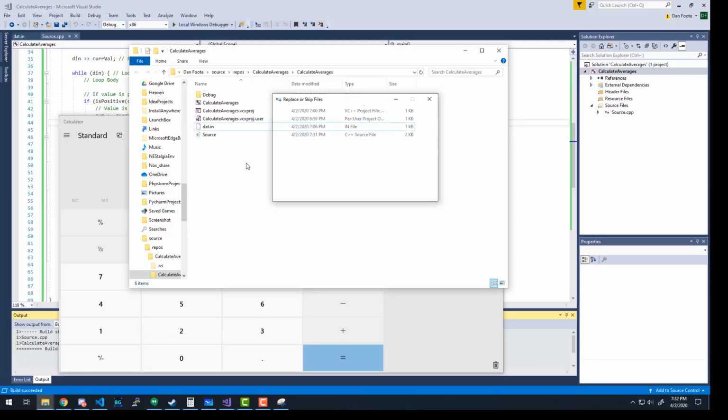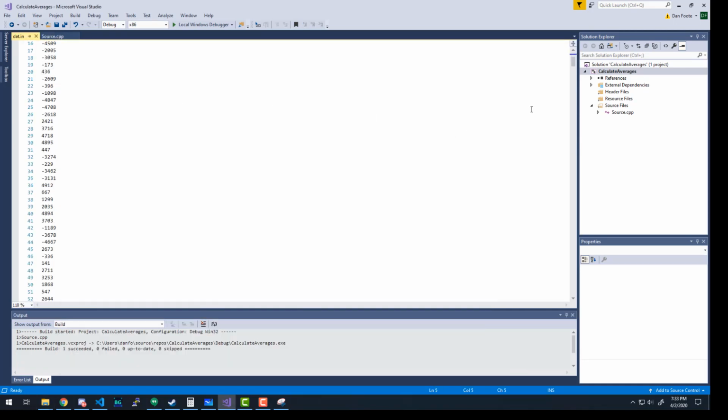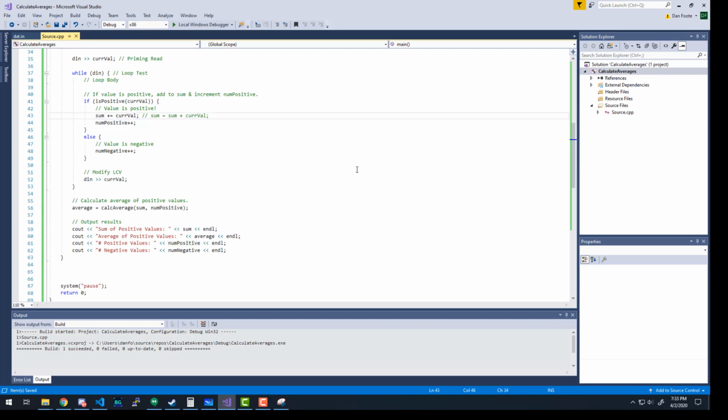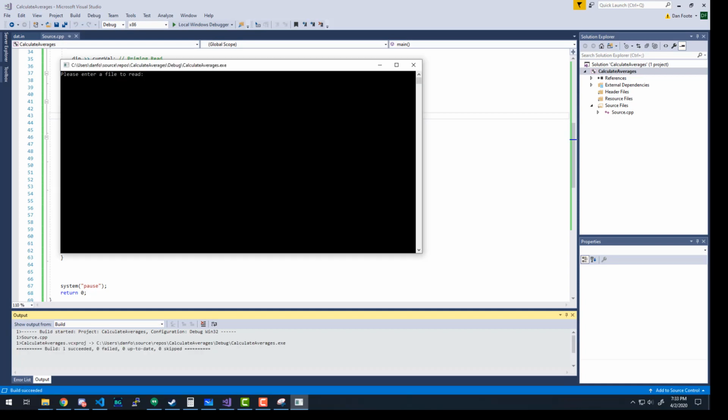I'm going to take this and replace the file and open it up, and we see that we have 900 random positives and negatives, all handcrafted. No, I'm just kidding. And let's see what happens. So apparently 395 of those are positive, 505 are negative,